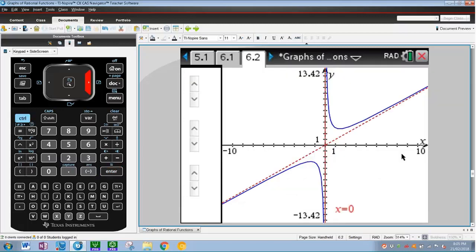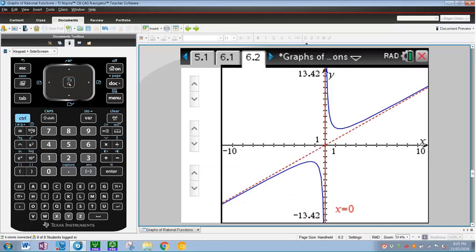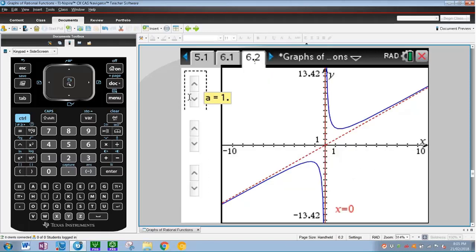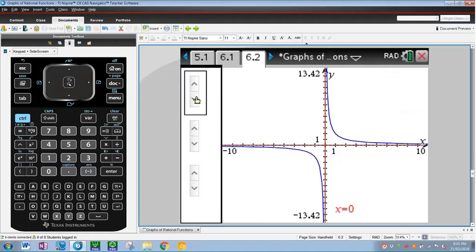But what I've got here is I've created a notes page on the left-hand side and split screen it with a graph on the right-hand side. So the first slider is A values, second is B, and the next one is C. So those values of A, B, and C are basically piggybacking off this function over here, ax plus b plus c over x. So what I really like these sliders for is you can start modifying them, and if you have this on a projector in your classroom, you can really show the students what the effect of all these